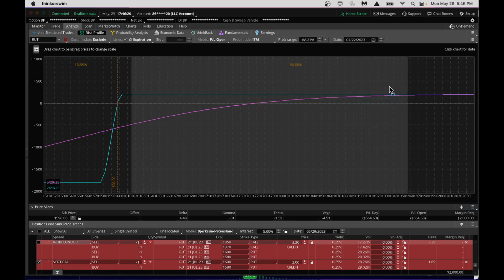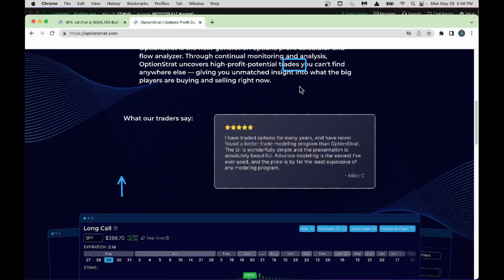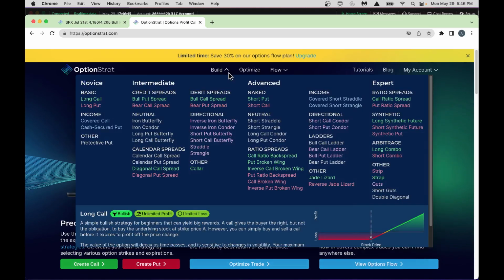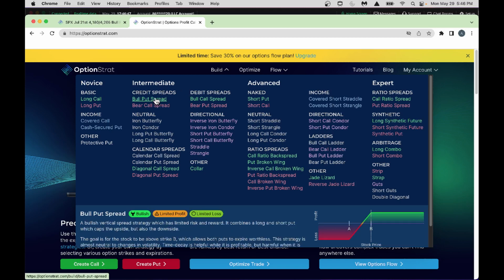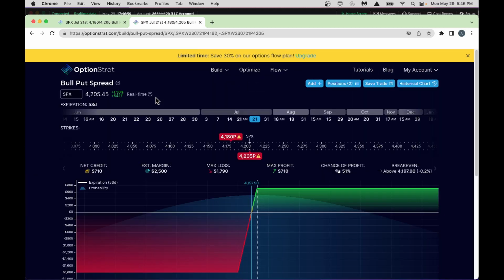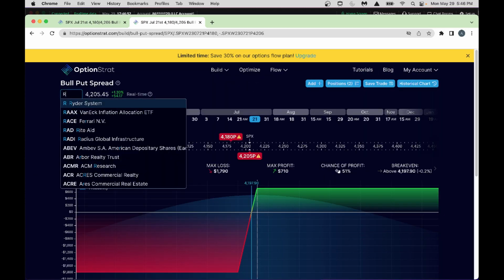Look at this. There is a nice profitability here, 86% chance of profit, and your break-even point is very low here, 1598. That's why this is one of my favorite strategies. And for the folks who are not used to the Thinkorswim Analyze tab, you could do the same thing in my favorite platform, which is OptionStrat. As you go into OptionStrat, let's go on top here, and we can build a bull put spread. What we'll do is Russell 2000 or RUT,